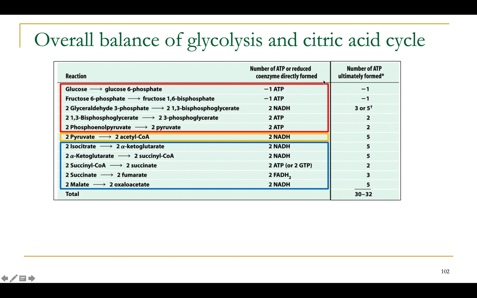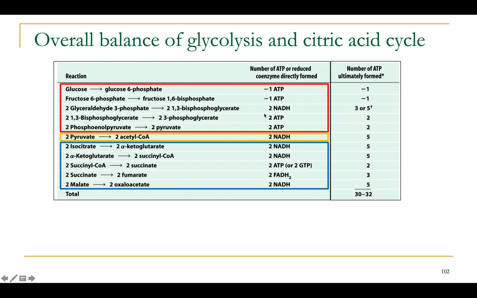If we count per one glucose molecule, then in the first part, this red boxed one, the glycolytic steps, we get, as we know, 2 ATPs in total, which is the 4 ATPs in the pay phase subtracted by 2 ATPs in the preparative phase. We also get 2 NADH, which are